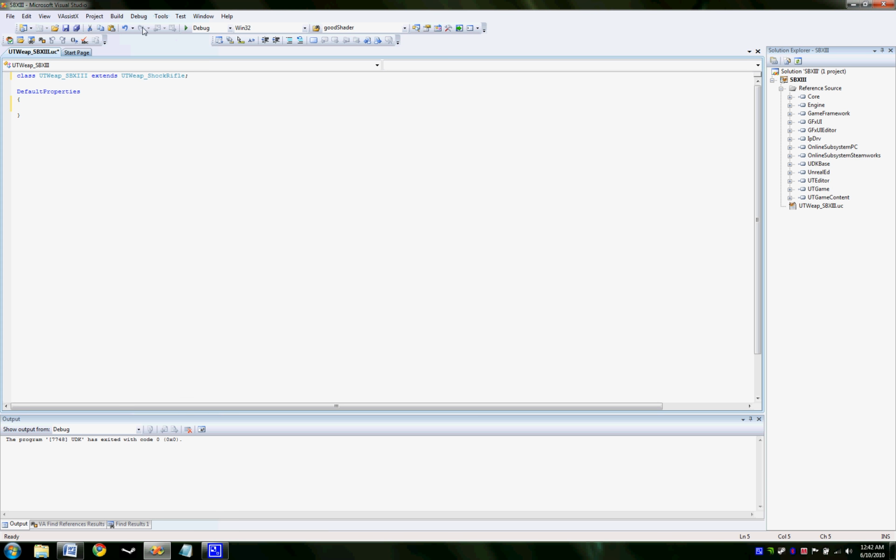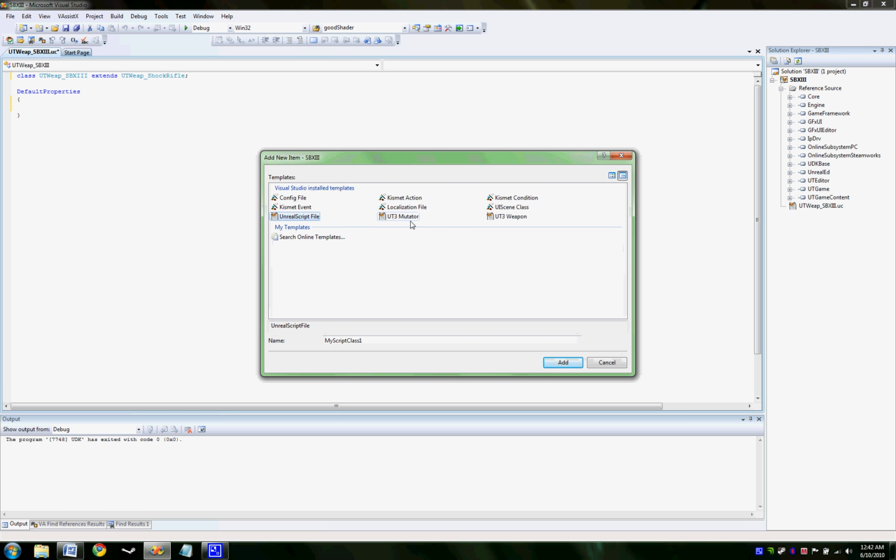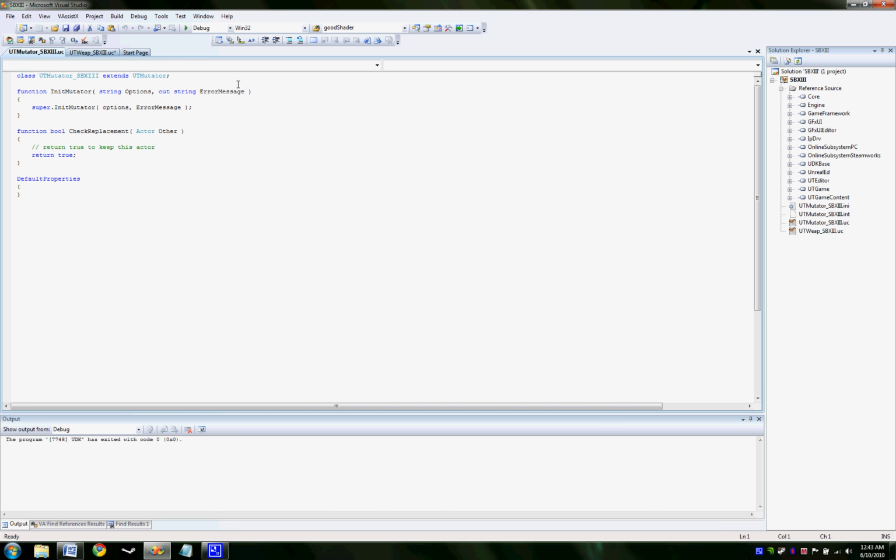Alright, so after we do that, we need to create a mutator class that will put our new weapon class into the default inventory of all players, and that way we can see it load up whenever we start a new match, instead of having to create a custom map in the UDK and drop the weapon in there. So we want to add new item UT3 mutator,